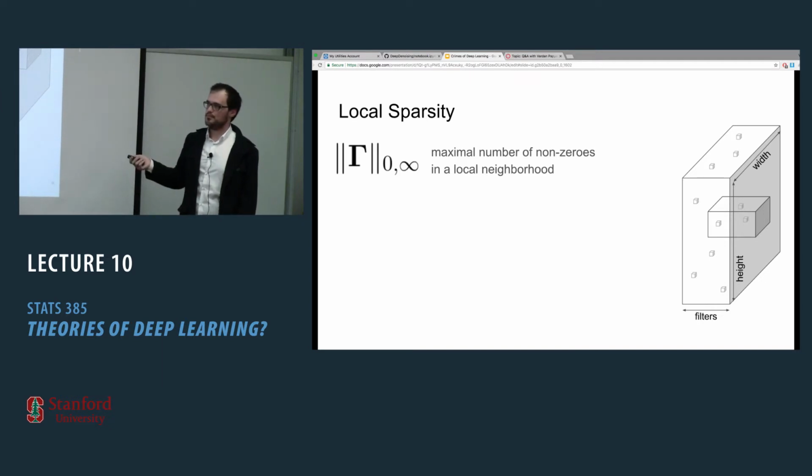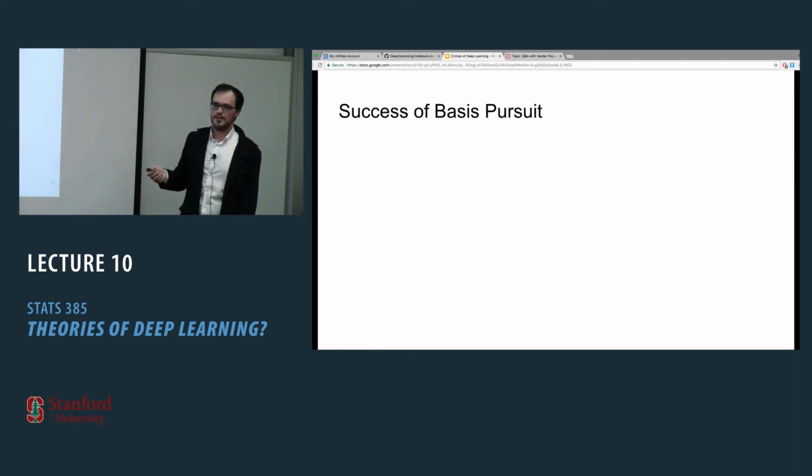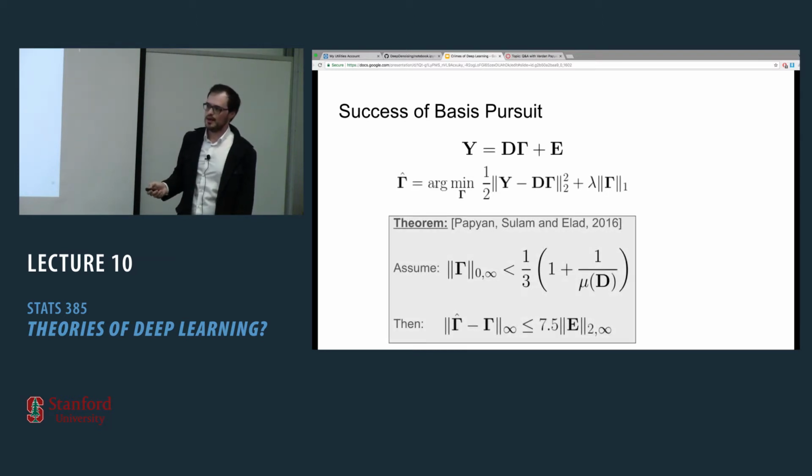Now, why is this important? Because you can then define this new problem, which given x tries to minimize this new L0 infinity norm. And then you can actually use it to provide theory that is not completely pessimistic. So if you have a signal y which is close to a signal in the model, and if you solve the lasso problem, so basically minimizing L1, then you can show that if you are locally sparse, then the representation you estimate is close to the true one.